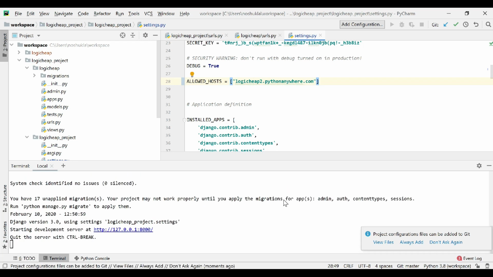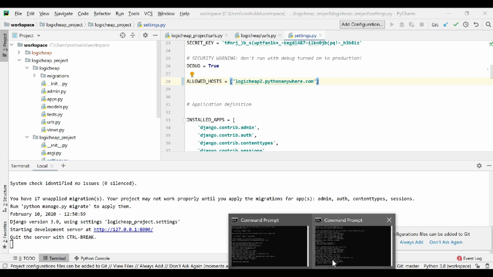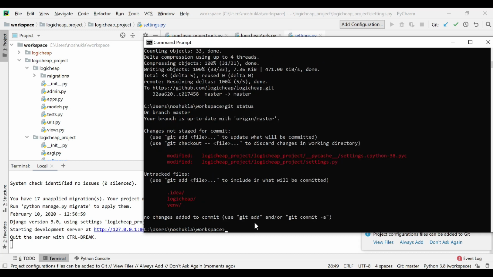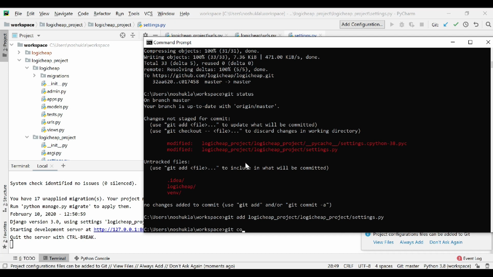Now since I have made the change here locally, I'll simply git push this change to our repo. So I'm adding the changes here that we have just made in settings.py to allow the host.